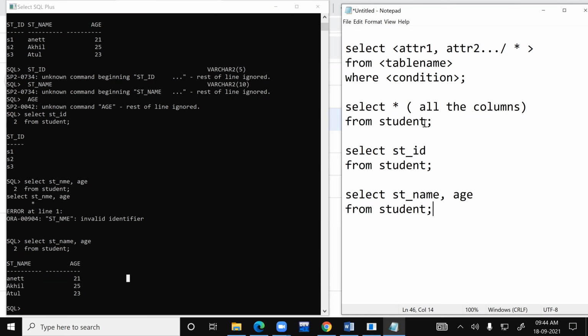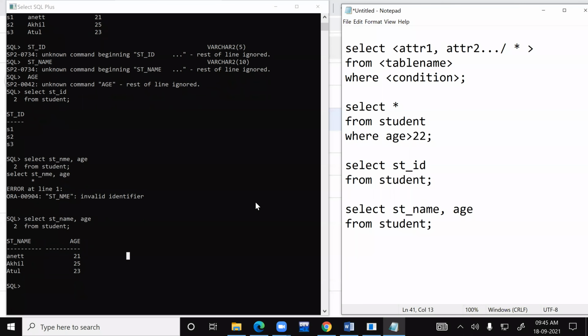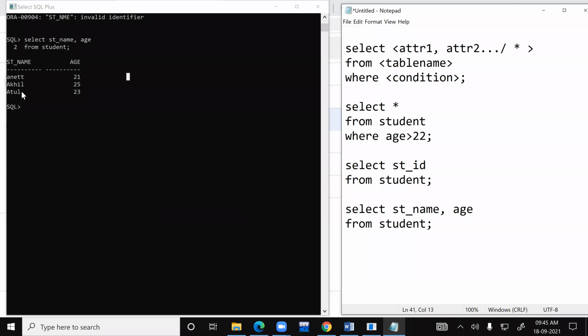So I'll just do a bit of magic over here. Imagine I want the students whose age is greater than 22. If you look over here, greater than 22 means I have only Akhil and Atul.